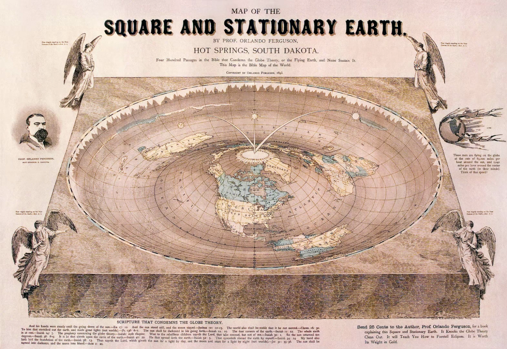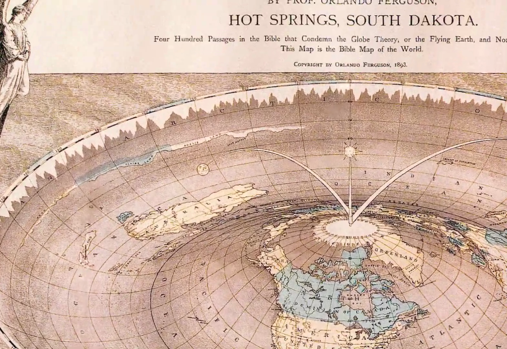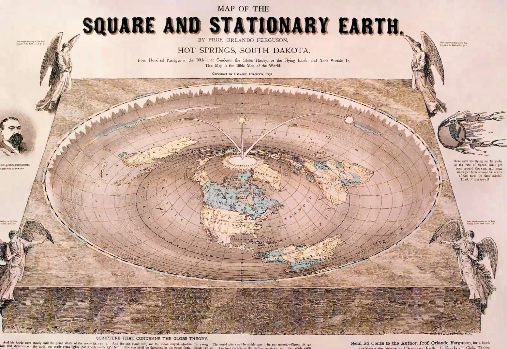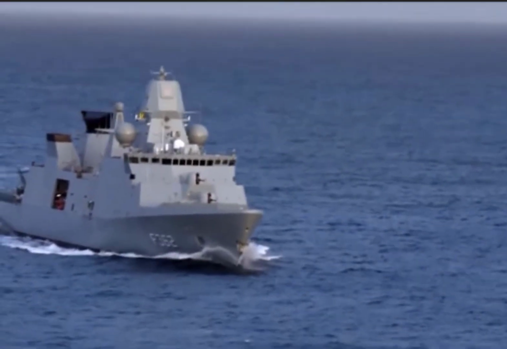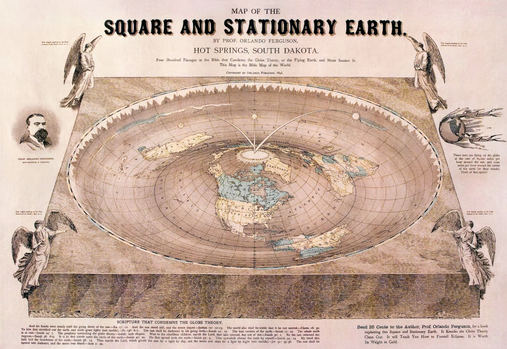Like most flat Earth models, the world is surrounded by a wall of ice, much of it being protected by the combined forces of the Danish and Australian Navy. But as you can see, there are 3 major differences between the common pizza model and Ferguson's biblical flat Earth